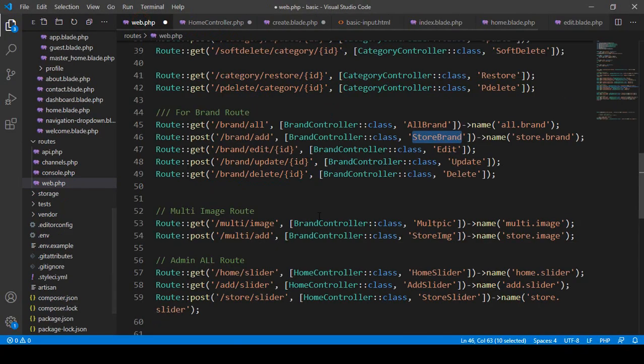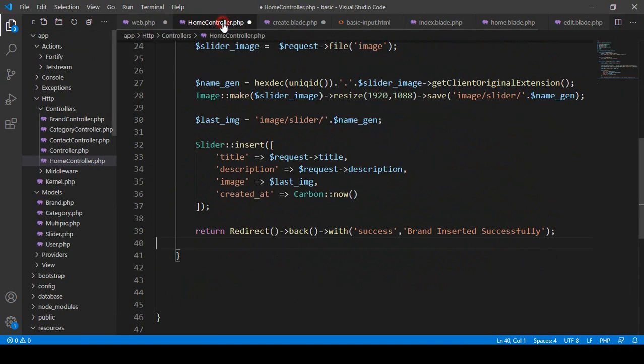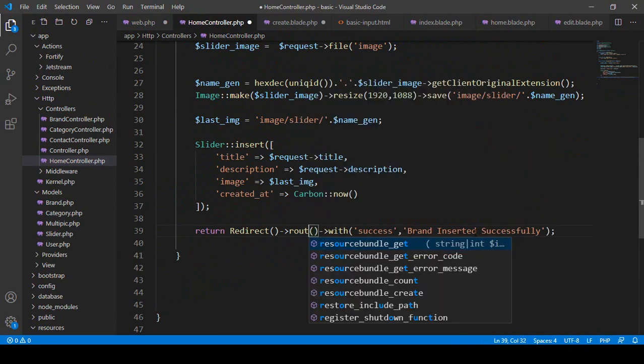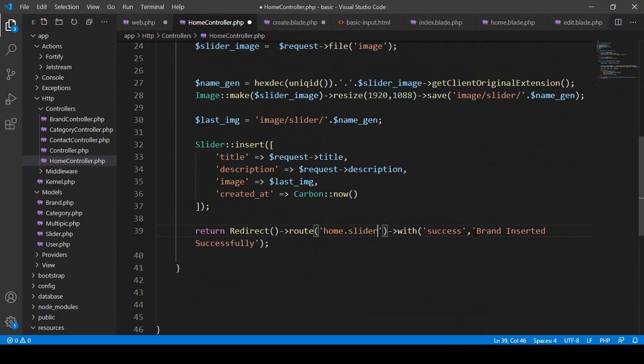If you go to our web route, you can see it's our home slider. It will redirect to the home slider with a message. So now I want to use a route, and here I declare that route, which will redirect to the home slider with a success message: slider